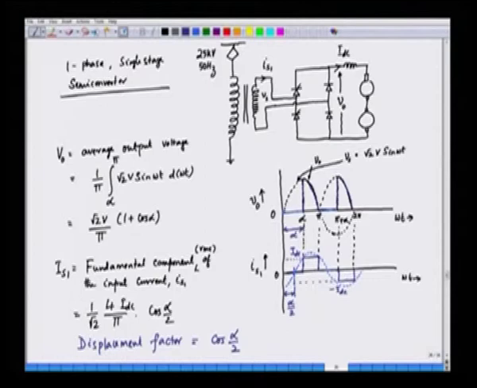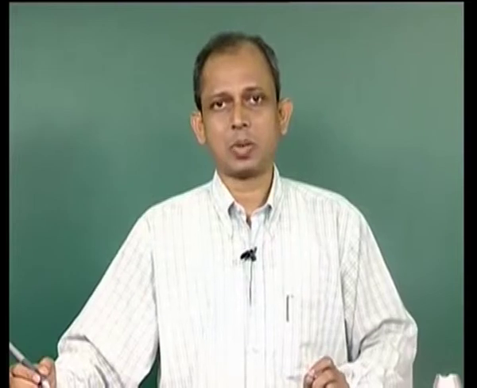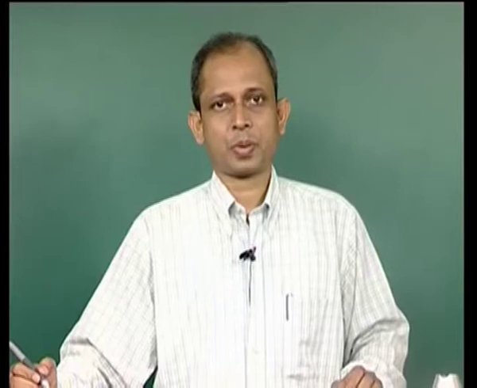So, in fact, if we make alpha higher and higher, this displacement factor will be lower and lower. It means the power factor of the current will gradually go down, and the converter will draw a lagging current from the supply, and this lagging current will create difficulty in power system. So, there is a solution to this. Instead of using a single stage converter, we can go for a 2-stage converter. Now, before we do that, let us understand what is the plot between the reactive power requirement and the per